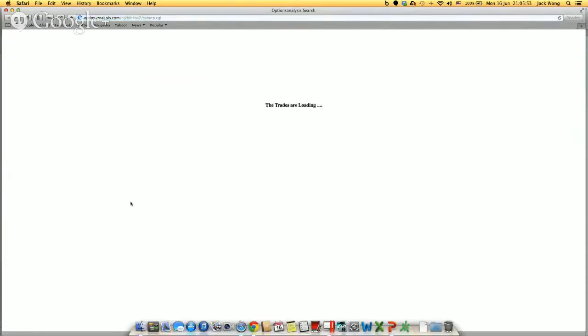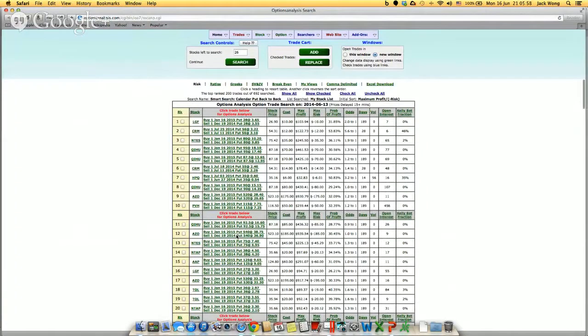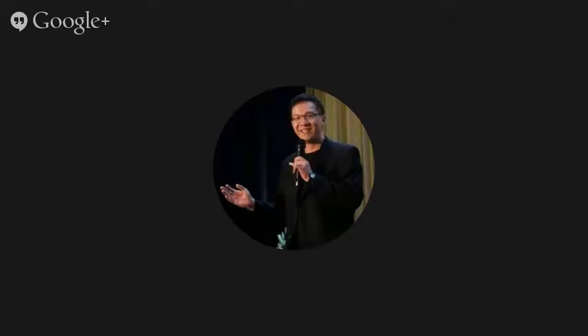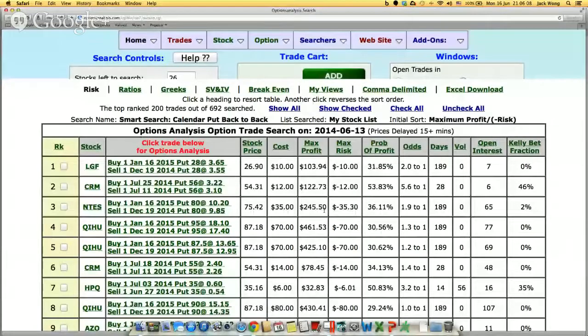Okay, it's up. So now what I've got is a list. This list is quite overwhelming, so let me do something to make sure that the list is cleaner. There are a couple of ways to search this screen, and obviously sometimes you need to click a few more buttons. The first button is probability of profits. So I just click here,